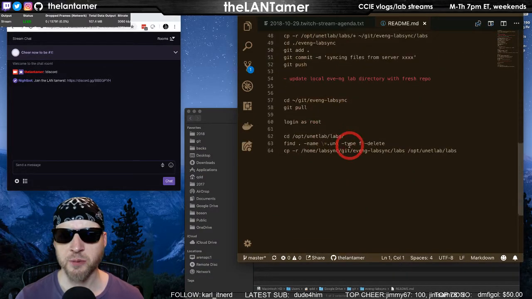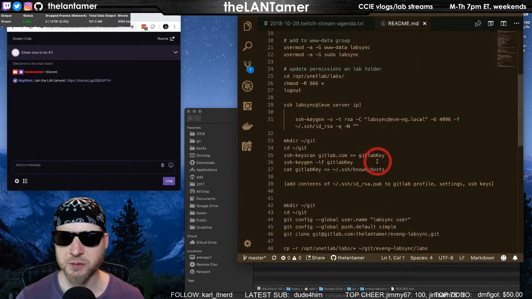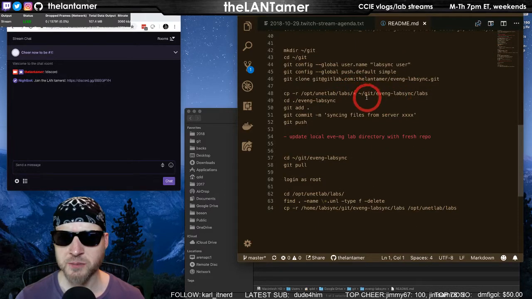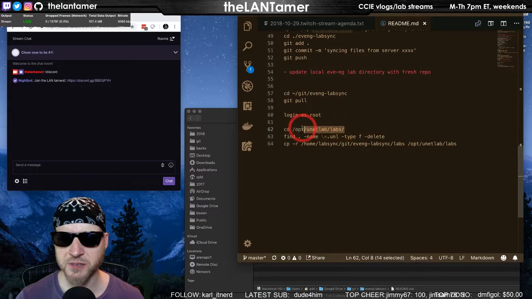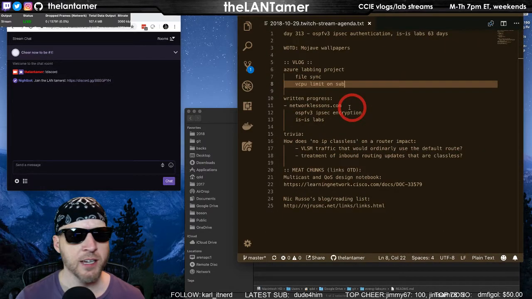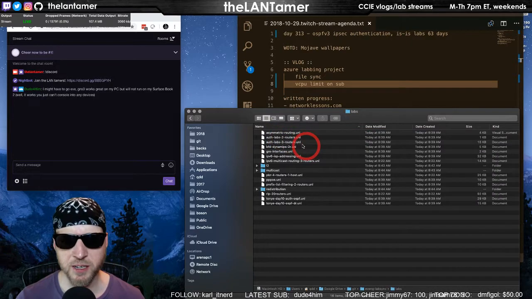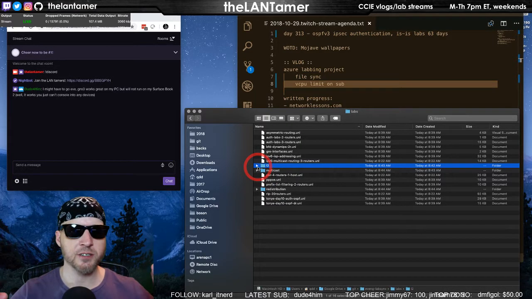And I kind of documented the process of creating the SSH keys to a private repo, and cloning them down, and then copying them into the folder where they live inside EVE-NG, UNetLab Labs. That's where they live. So anyway, eventually I'm trying to automate this process. But I synced up all my labs in EVE on both servers, both the one in Azure and the one